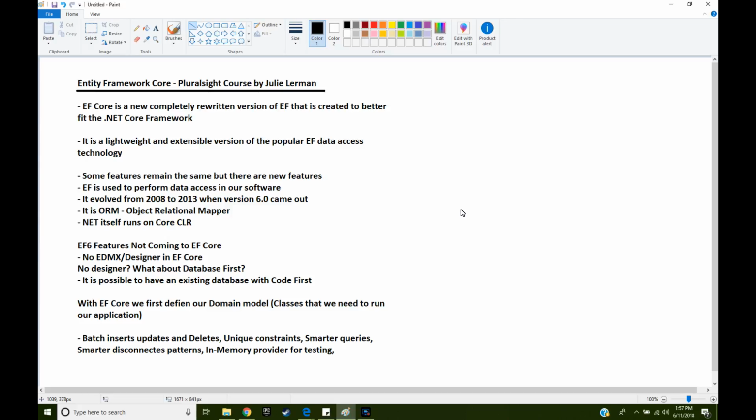It is a lightweight and extensible version of the popular Entity Framework data access technology. Although some features remain the same, there are some new features in Entity Framework Core. Entity Framework is used to perform data access in our software, like we know. It basically evolved from 2008 when it came out, and the newest 6.0 version came in 2013, and then this 6.0 actually kept evolving as well. It is an ORM, which is an Object Relational Mapper,